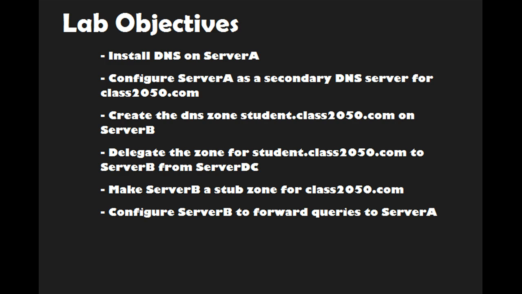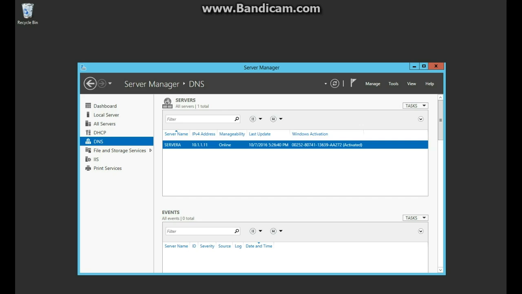We'll create the DNS zone student.class2050.com on Server B. We'll delegate the zone for student.class2050.com to Server B from Server DC. Then we'll make Server B a stub zone for class2050.com, and we'll configure Server B to forward all the queries to Server A. For configuration of DNS, we would have to install DNS onto our servers, and this is Server